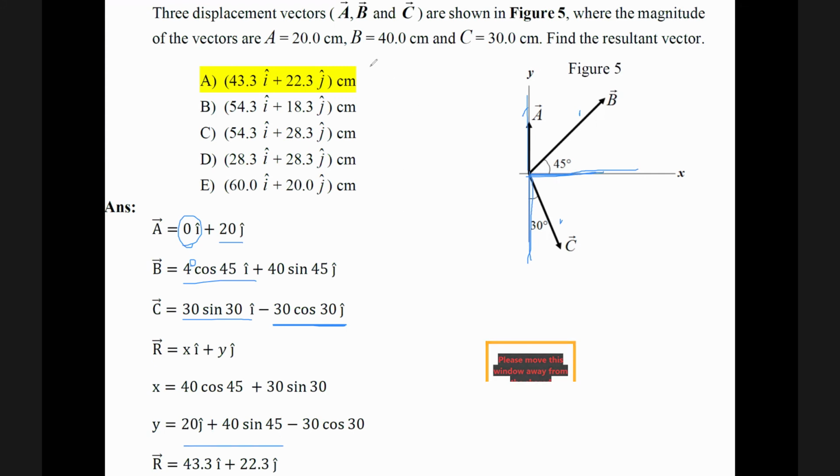If he said give me the magnitude of the resultant vector, what you should do is take the square root of this squared plus this squared. If he said give me the angle, how do I find the angle of the resultant? Simply draw this vector: this vector is 43 i hat with 22 j hat. You can find the angle from the tangent. It's very straightforward, but it really requires studying. If you don't exercise yourself, it's difficult. Tan inverse, of course, yes. Okay.